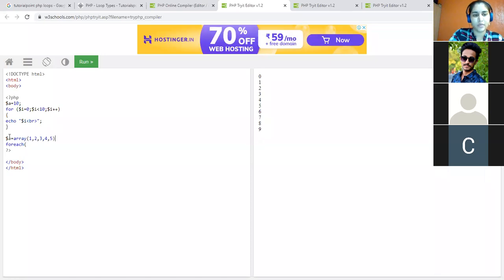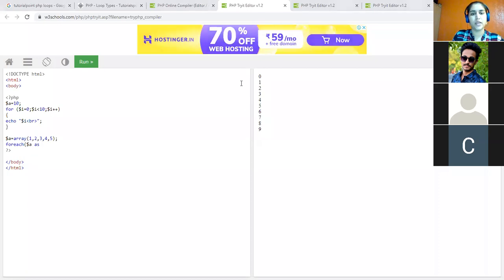Okay, I want to iterate this array. So how to use that array? I have to write this $A. For each $A, as you have to write as a keyword, which will take values one by one in iteration format with one variable. So I have to write one variable as well.